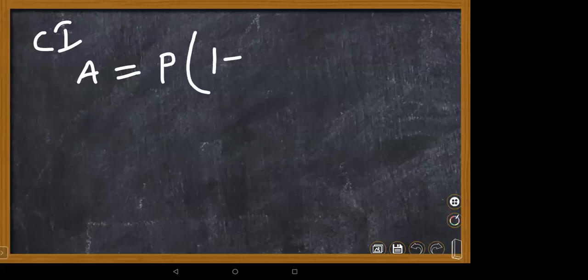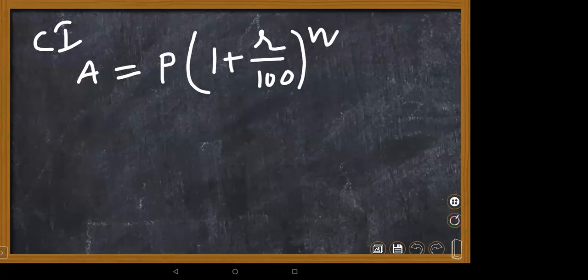In case of simple interest, the principal remains constant, children. In case of compound interest, the principal won't be constant. It will be changing periodically. Yes or no, children? Periodically, they will add it to the principal. It is not the same. What is the formula to find the amount for compound interest? A is equal to P into 1 plus R by 100 whole to the power n. This is the basic formula, children.